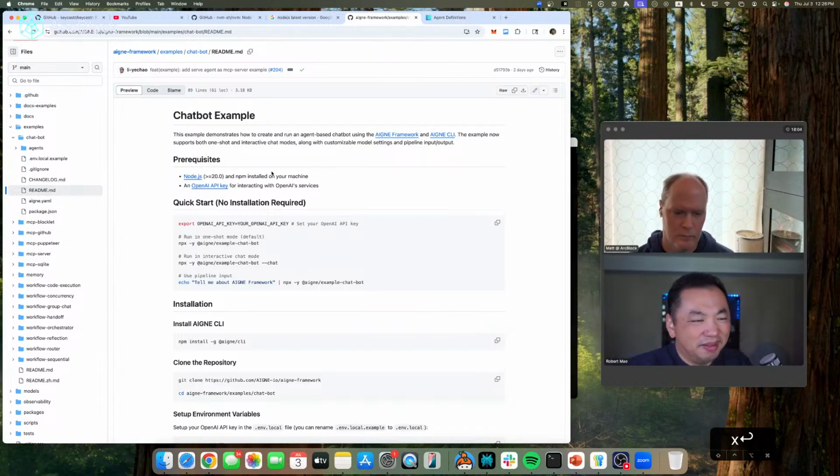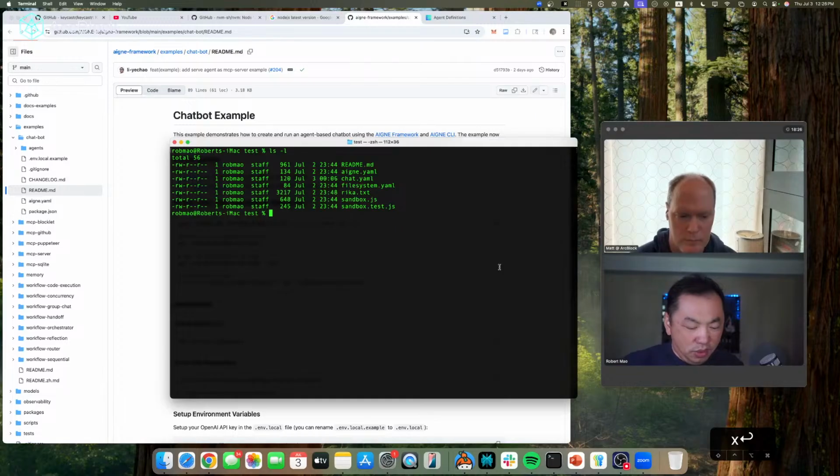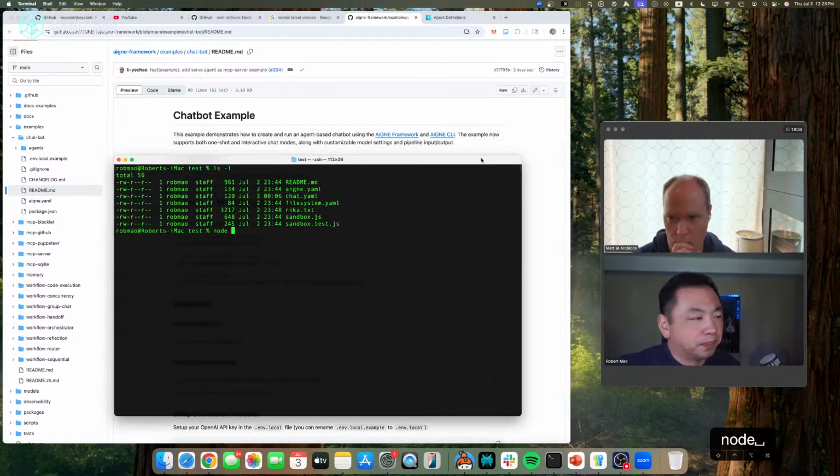He said you might have an older version, and indeed, after I checked the Node version, it was old. So just make sure you have Node.js installed and the version is more than 20. To see if you have Node.js installed and which version, you just go to the console.